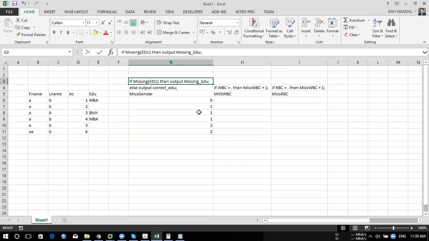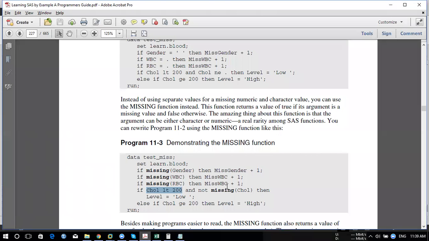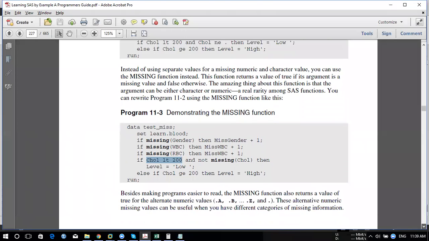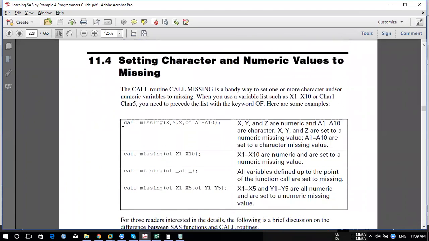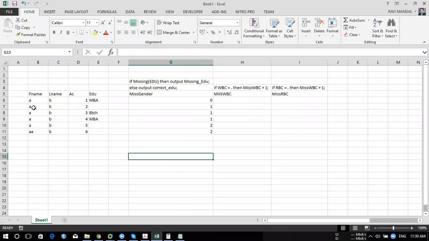Getting it? So these are a few functions which we use widely. Let's say this function talks about if anything is missing. So if this is missing, make this missing. The requirement, it's all about requirement. Someone says, if someone is an MBA, I don't want the data to look like normal data. Make them as missing. I want to make it like this. It's all about requirement.